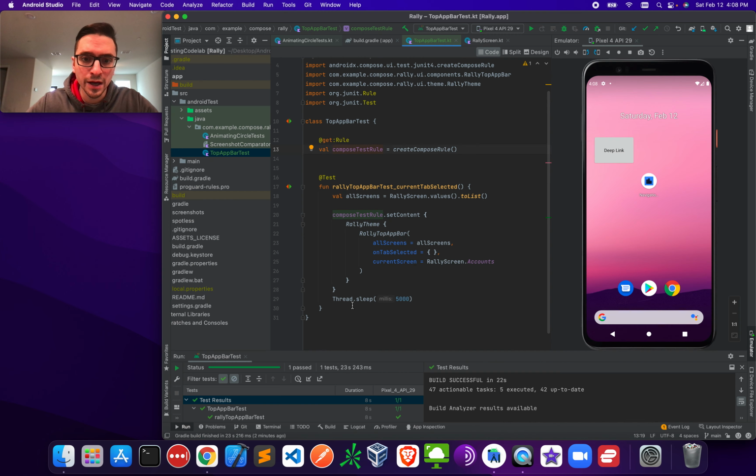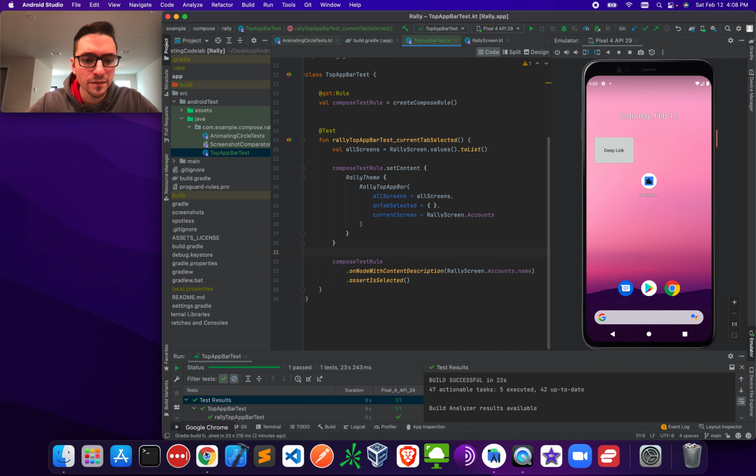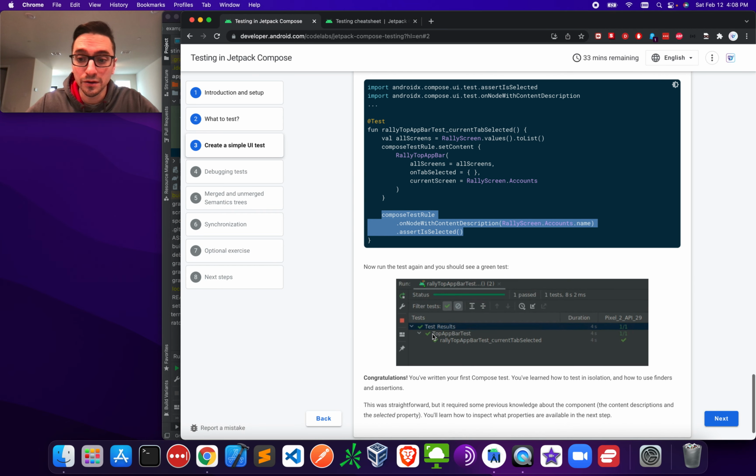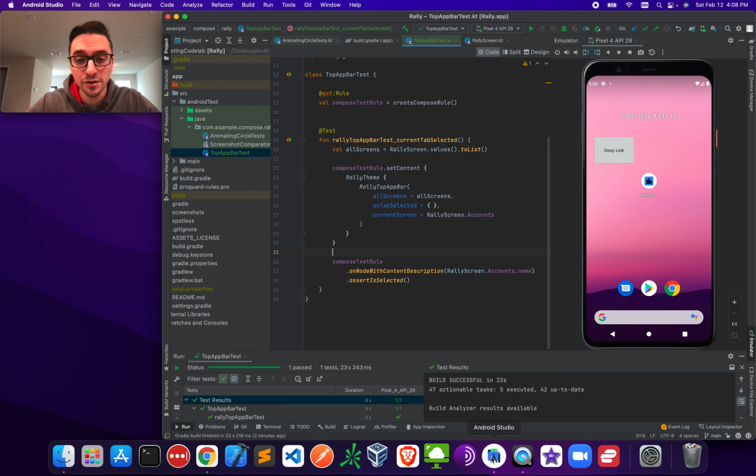So this is where the actual testing happens. We get rid of that sleep. We got to import these extension functions. All right. Let's see what else. Now run the test again, and you should see a green test. We saw a green one before, but there was no assertion, so